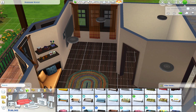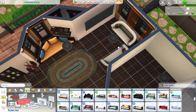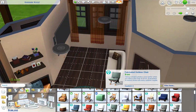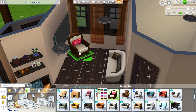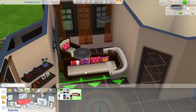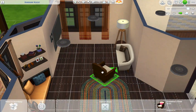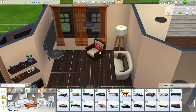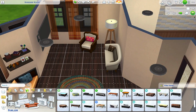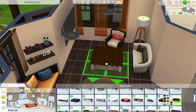But I was having a lot of issues figuring out this living room. I mess with it so much. I wanted to use brown and orange furniture, but we don't have any dark brown and orange furniture. It's either mixed with other colors like these movie hangout stuffs, or it's light brown and orange. And so I decided to go with the Nifty Knitting and then this movie hangout chair, and you saw we kind of flashed a little bit. That was me changing the